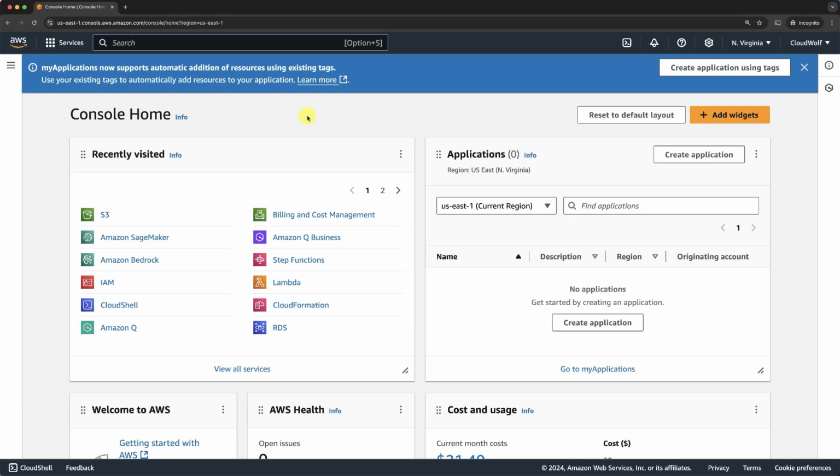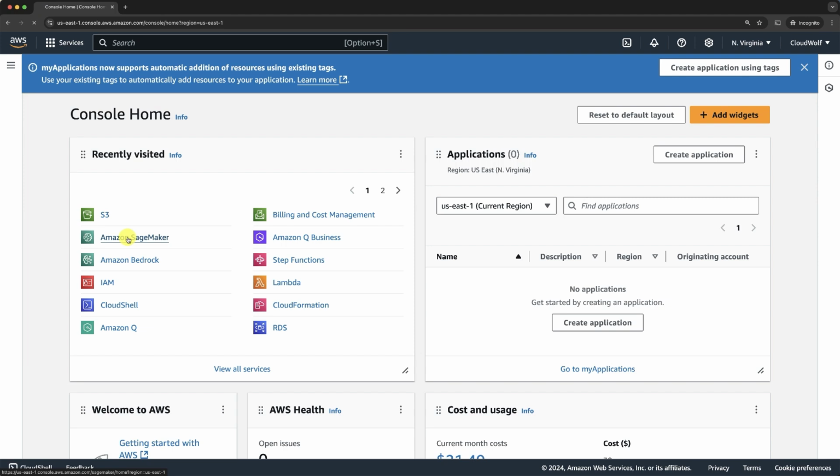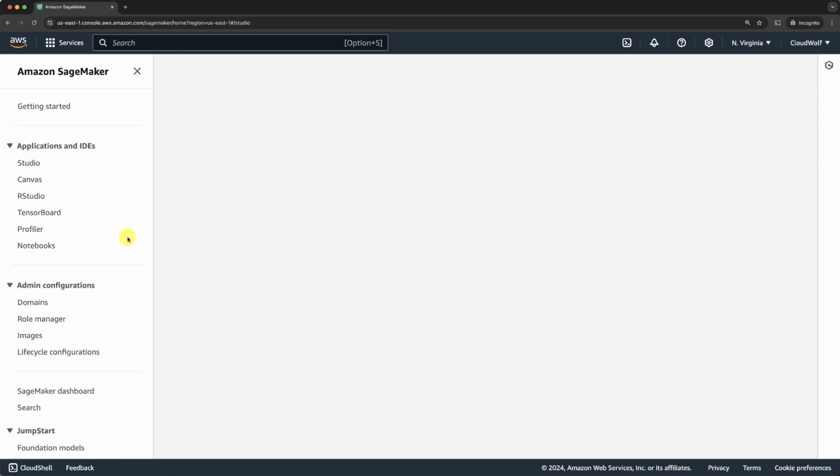Hello my friends and welcome to this new hands-on tutorial on Amazon SageMaker. In this tutorial I'm going to take on the challenge to build a classification model in less than 10 minutes. Alright, so let's not waste time, let's go to the Amazon SageMaker service, the ultimate AWS service to build and